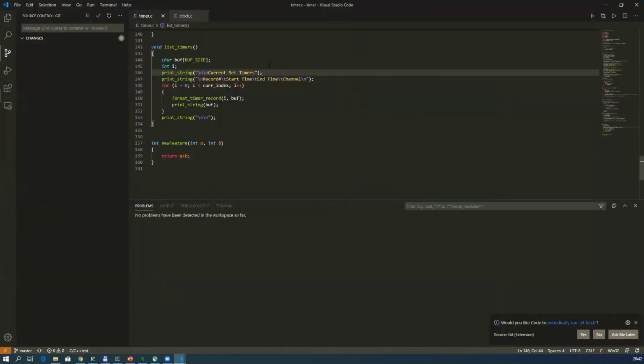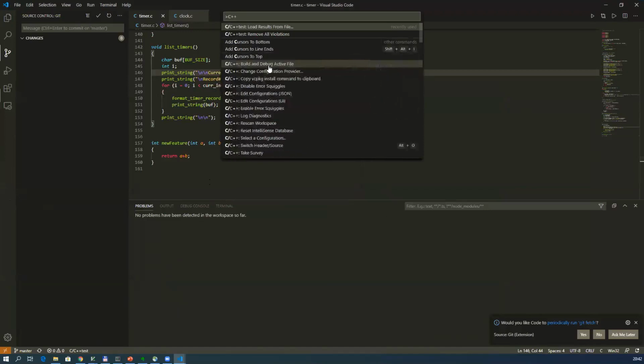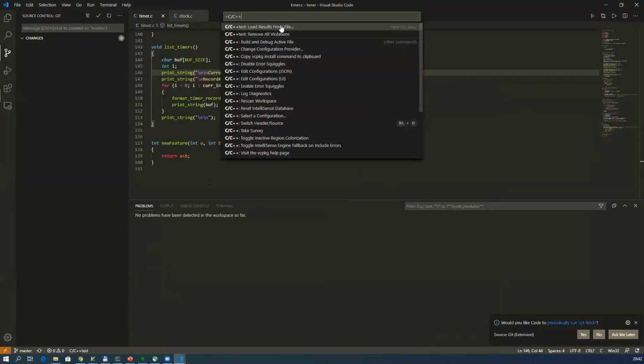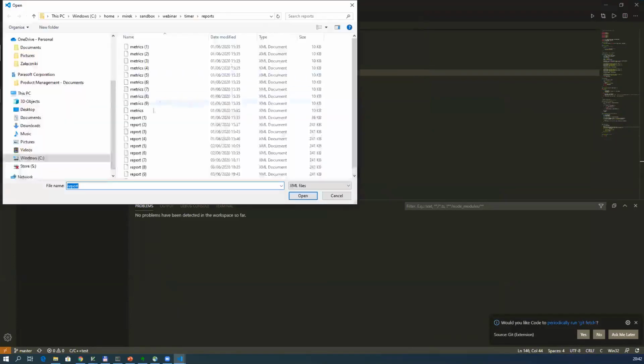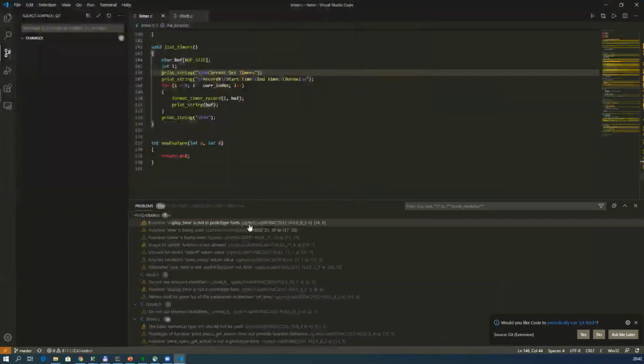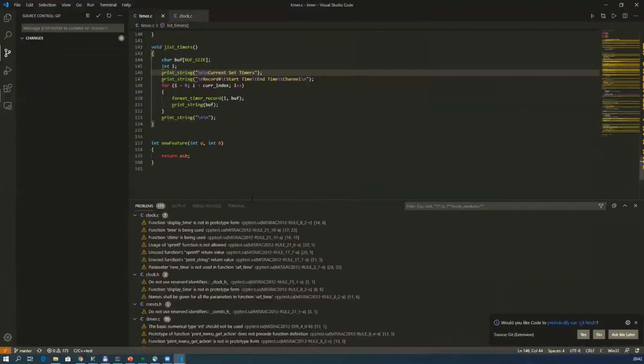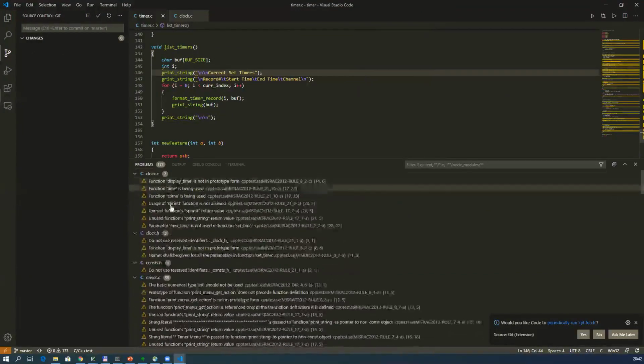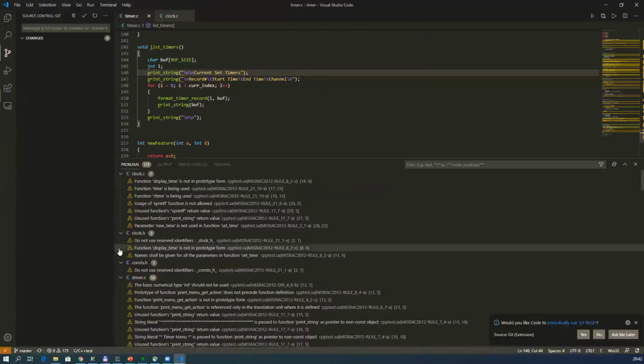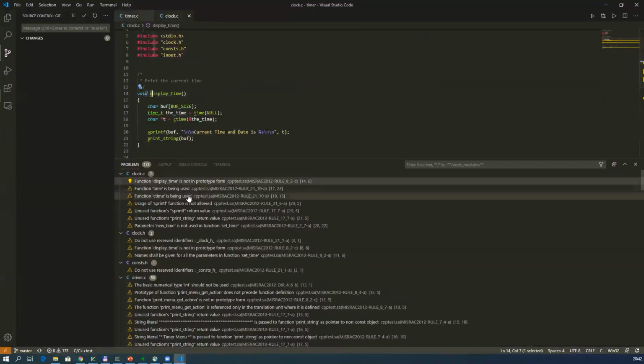I will use command palette right now to see all the actions that are supported by C++ test. And I will select load results from file. And I will pick the latest one that was generated. And with this action being done, I can see all the findings that were generated during the CI locally on my laptop,